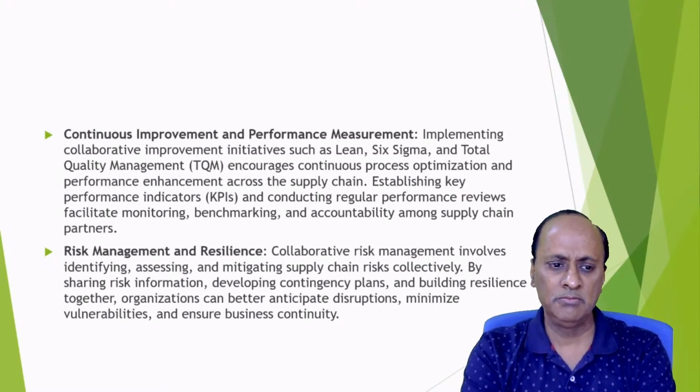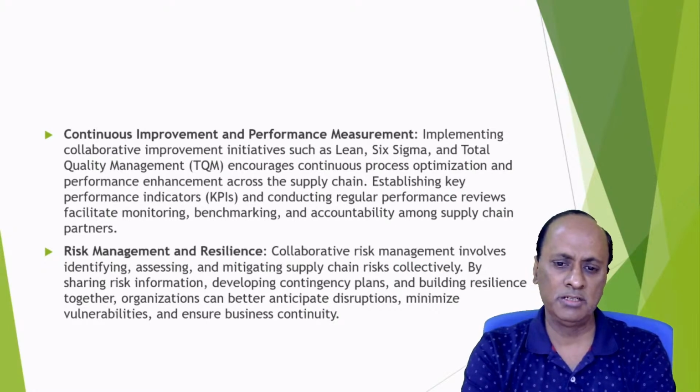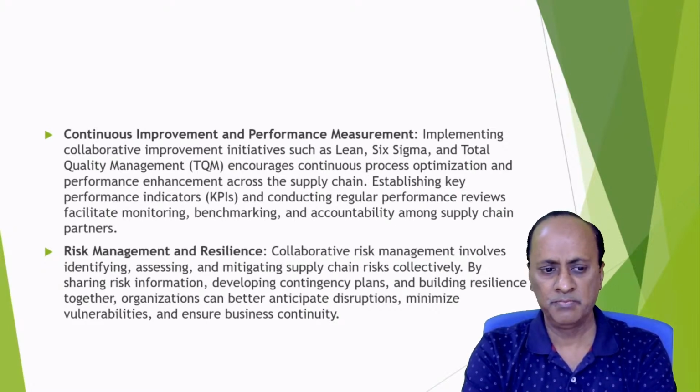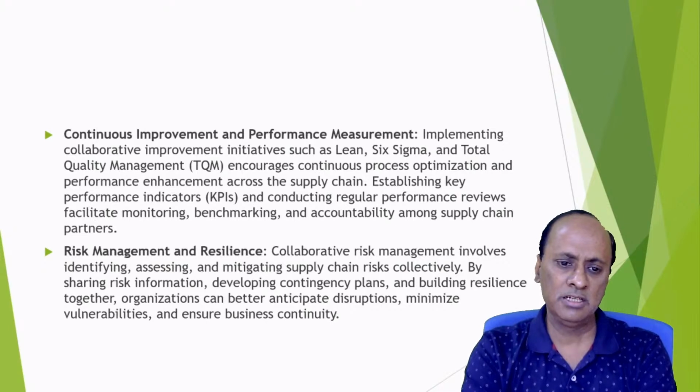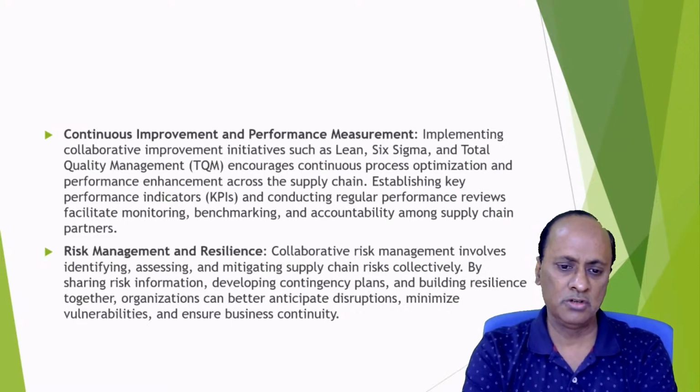Risk management resilience. Collaborative risk management involves identifying, assessing, and mitigating supply chain risks collectively. That means all the partners in the supply chain collectively face, identify, assess, and mitigate this risk. By sharing risk information, developing contingency plans, and building resilience together, organizations can better anticipate disruptions, minimize vulnerabilities, and ensure